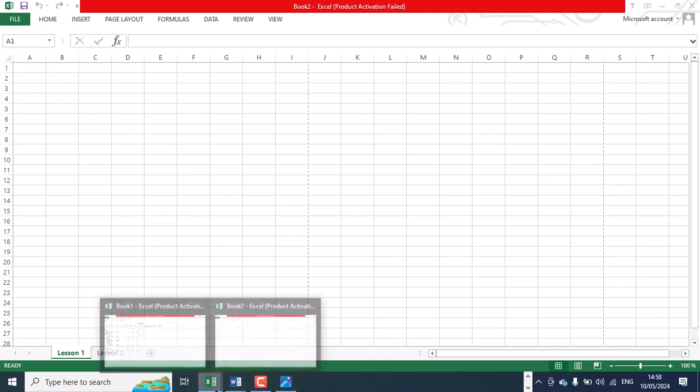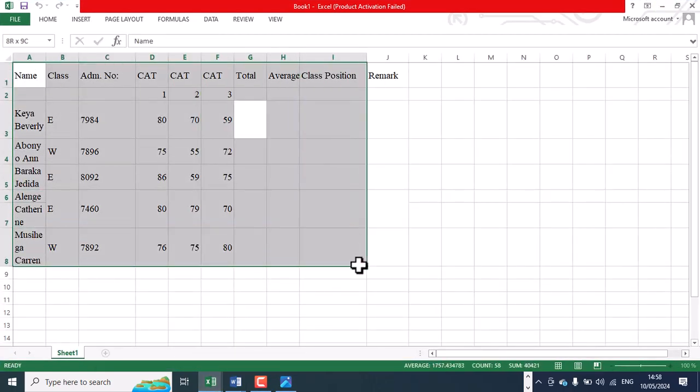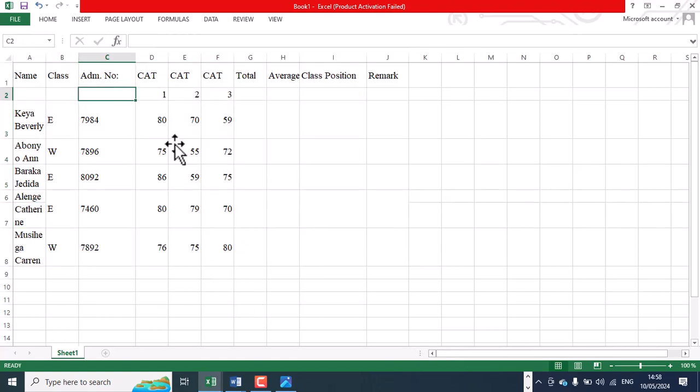In my case, I want us to input the following. I want you to pause the video and input the following data. After inputting it, let us continue. After inputting the data, I want us to learn basic editing